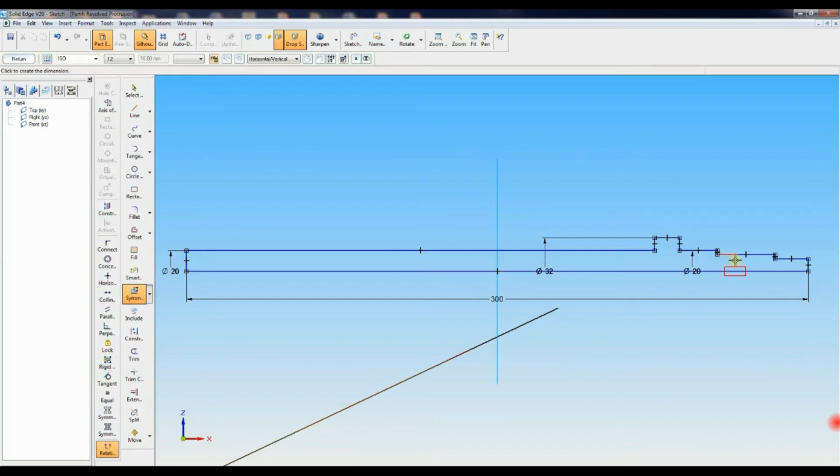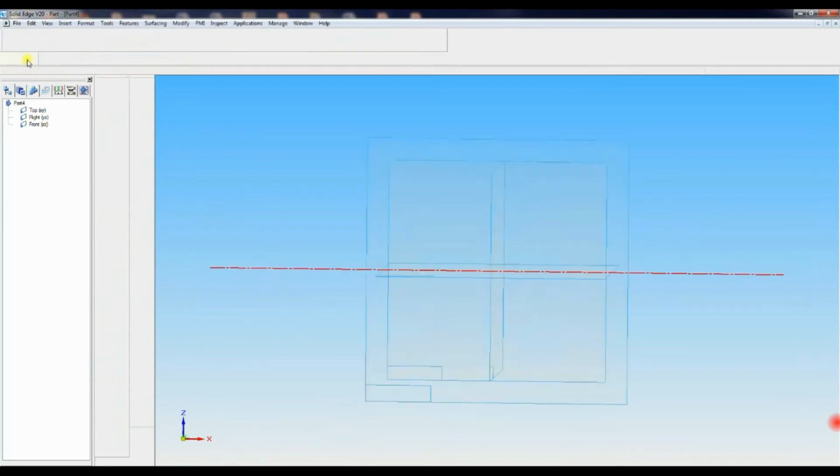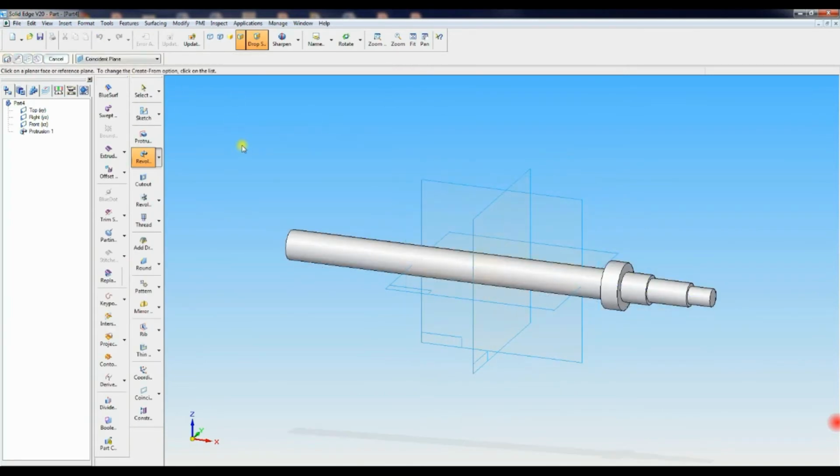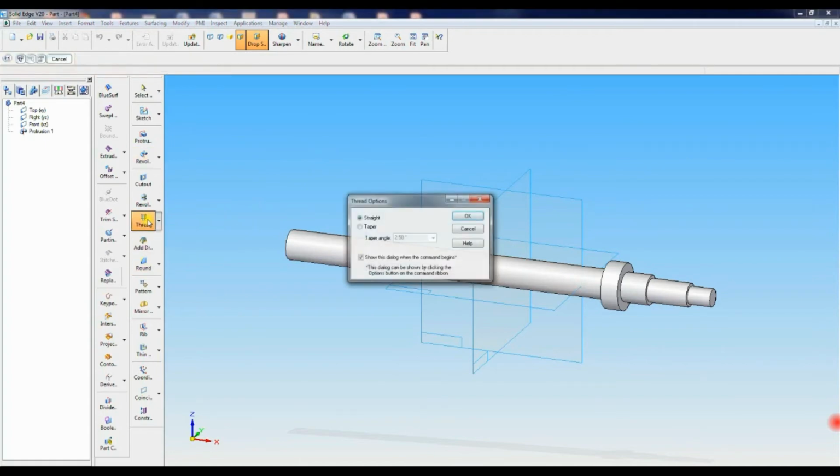One more diameter is 12. Then go to axis. Then return, 360 degree you have to give. That completes the partial of part number 4.